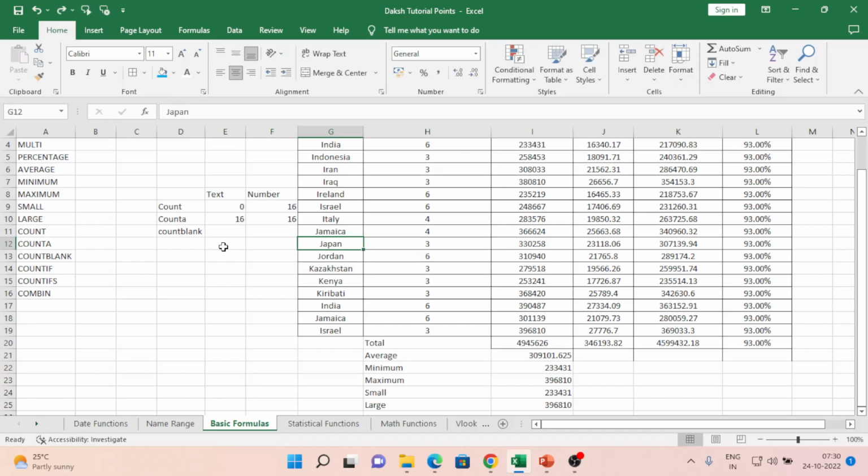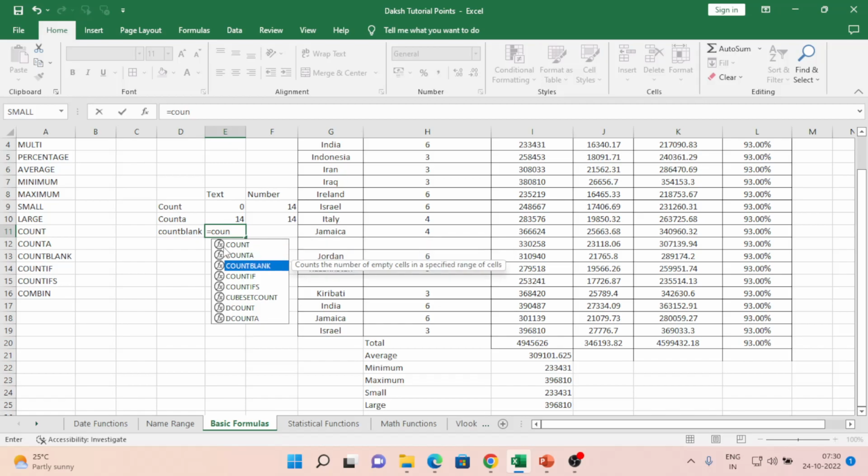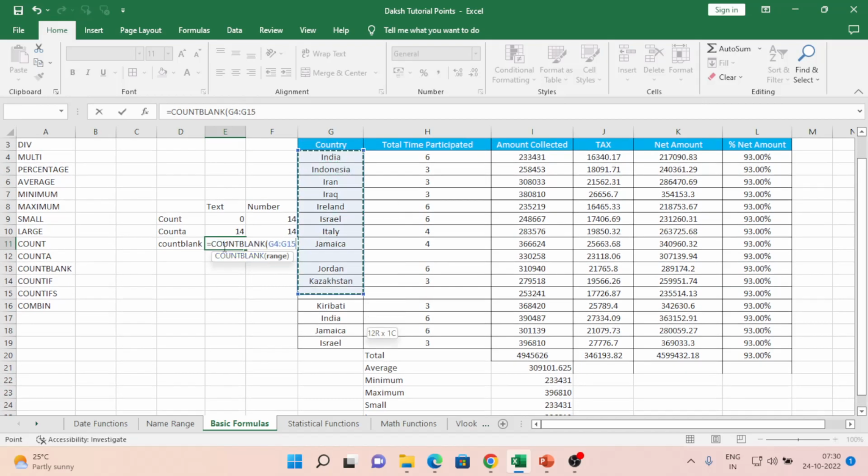Right? Now I'll remove this one also, and now I'll see the count blank. So count blank is used to calculate if any cell is blank. So say for example, I have a database, and I don't want any kind of blank cell there. The list should not contain any blank, but we have something. So manually we have to scroll down and see if they're blank or not, or else by count blank